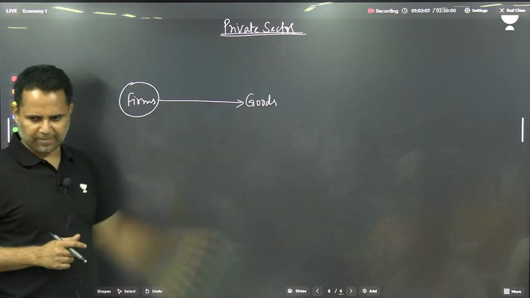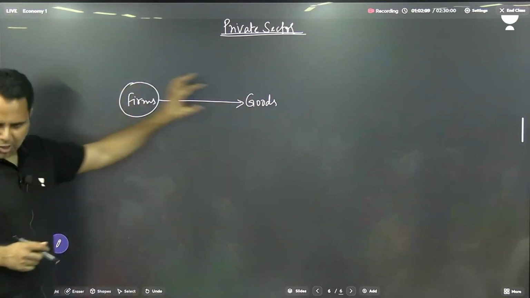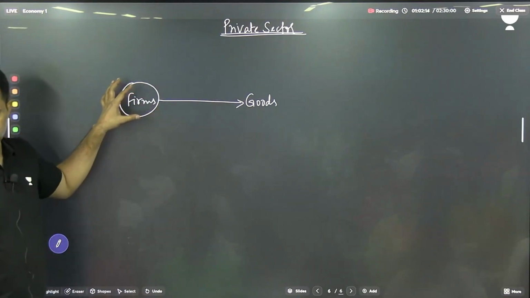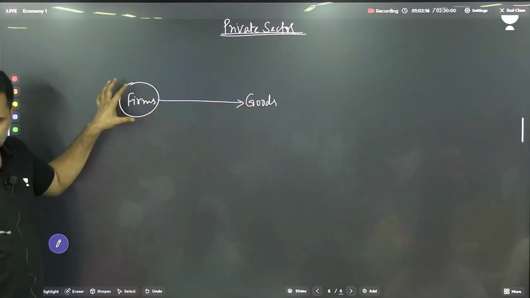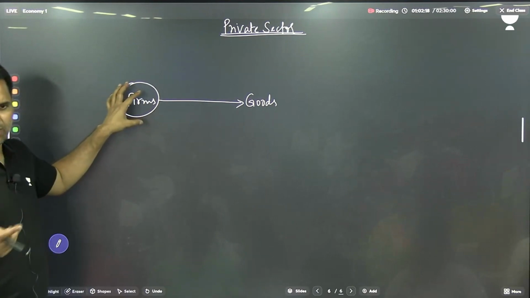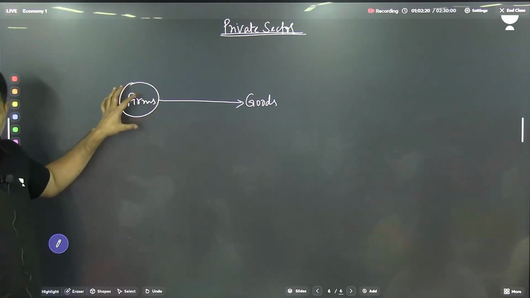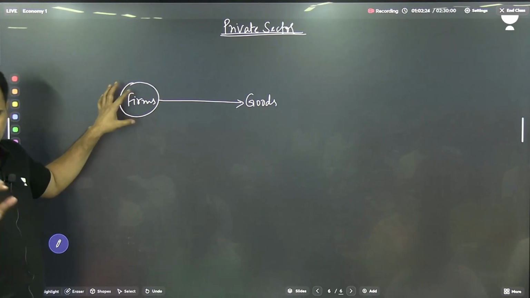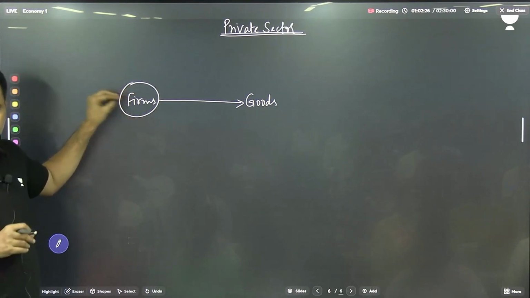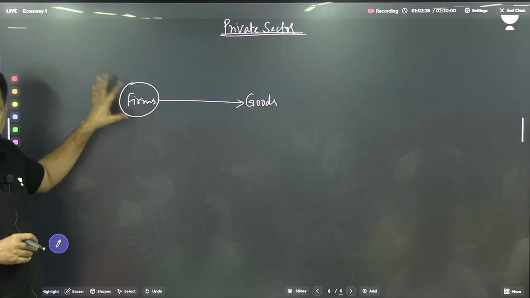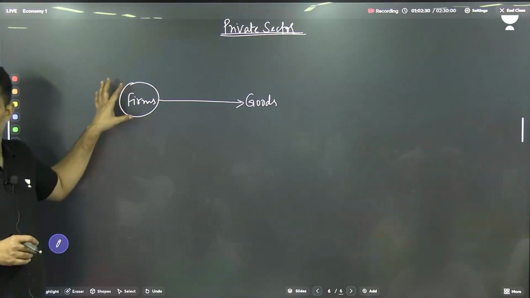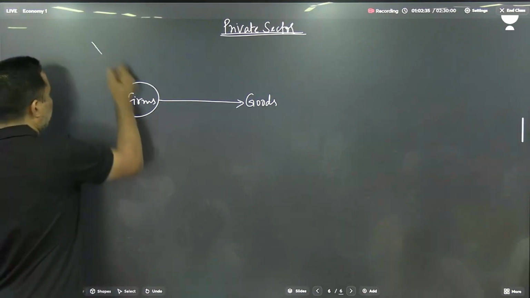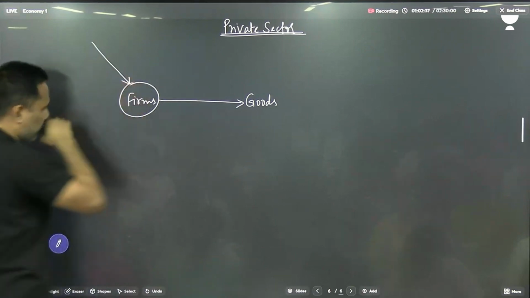Now to produce this output, this firm may require inputs. It may require one input, it may require two inputs, it may require thousands of inputs. We are going to divide all the inputs broadly into 4 categories. The most important input for any company is